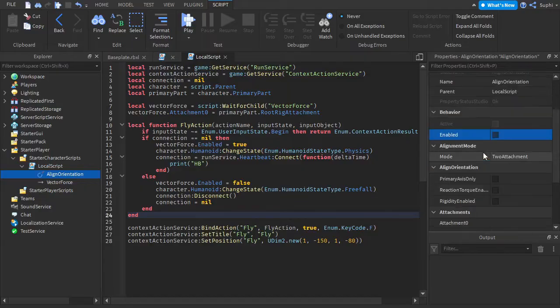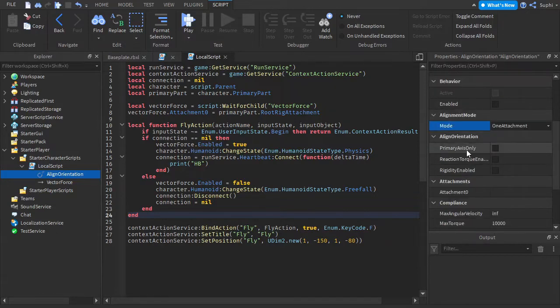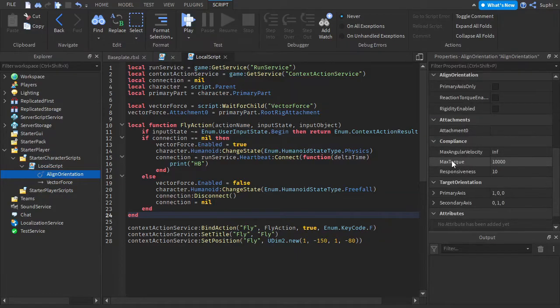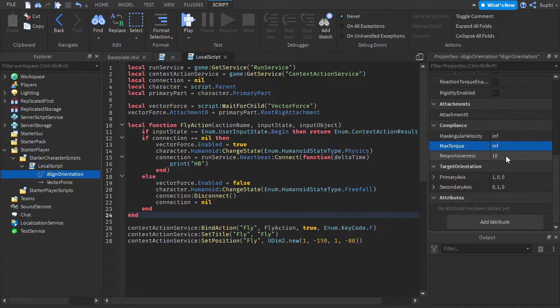and I'm going to set enabled to false. I'm going to change the mode to one attachment mode. I'm going to set the max torque to infinite. To do this, I'm going to copy the infinite value from here and paste it into here. So now they're both infinite. And I'm going to set the responsiveness to 30. Now you can play around with these settings to achieve a value that you desire,